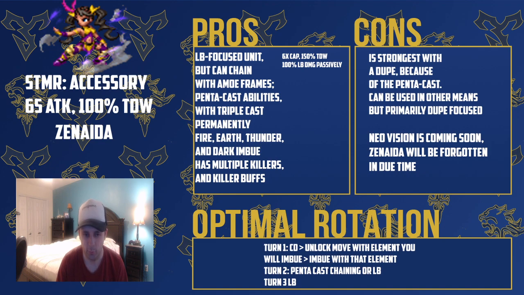Battery can podcast, not pentacast. And before anyone says anything, Blossom Sage Sakura does not count because they can't chain together. So it's just a weird combination of things that you really would just bring a dupe. You just bring a dupe, you can't bring anyone else. And she's not really, I mean, she could be good in Dark Vision, she's just not really,